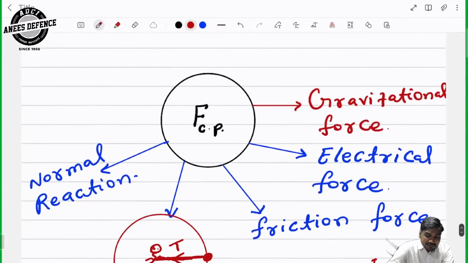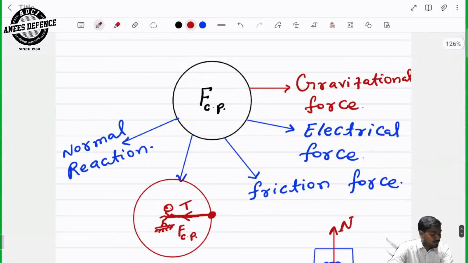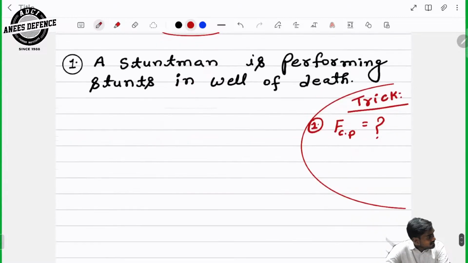What I am saying is, whatever situation you have been given, in that situation find whether the centripetal force is gravitational force, electrical force, friction force, tension, or normal reaction. In that situation, which of these forces is the centripetal force? Okay. Number two,